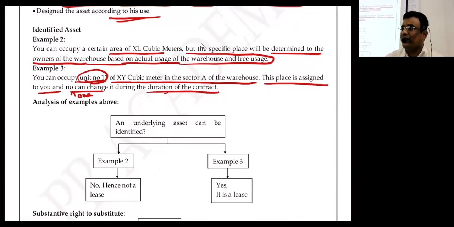In the first case, if there is a warehouse, I will give you some place, say 10 by 10, that's all. Do you understand? Like going to the farmers' market: I will give you one shop, but I won't say which shop, sign it. I will allocate one shop for the next 6 months, that may be shop number 1 or shop number 10 or shop number 13. That is one. Second, shop number 13 is allotted for you. So the first case is not identified, the second case is identified. So I hope you are clear now.